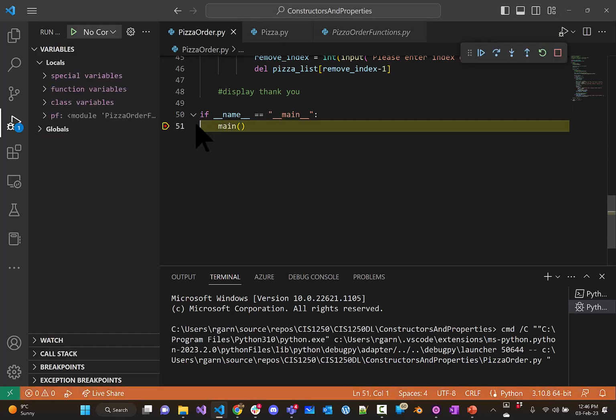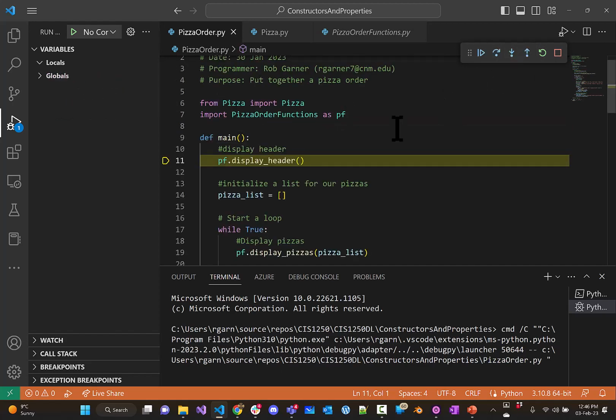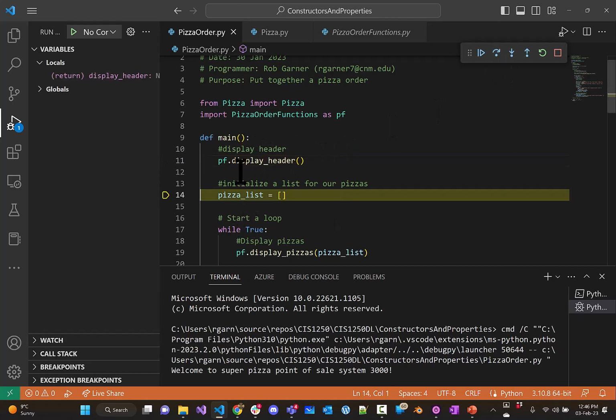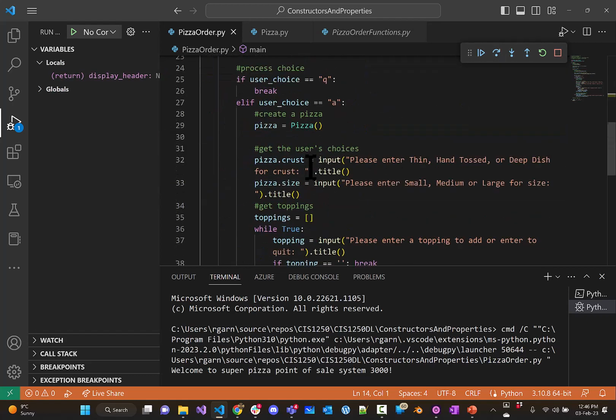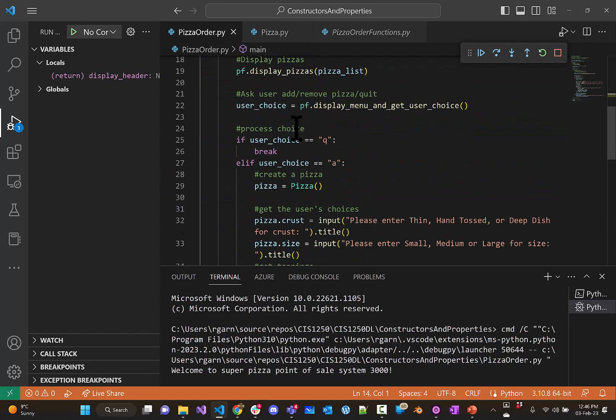And here we are at main. So this became true, and then we ran in main. And now what we're going to do is we're going to step into that function. Now it starts executing our main program. And so this is a way of, again, kind of separating things out a little bit more and making it a